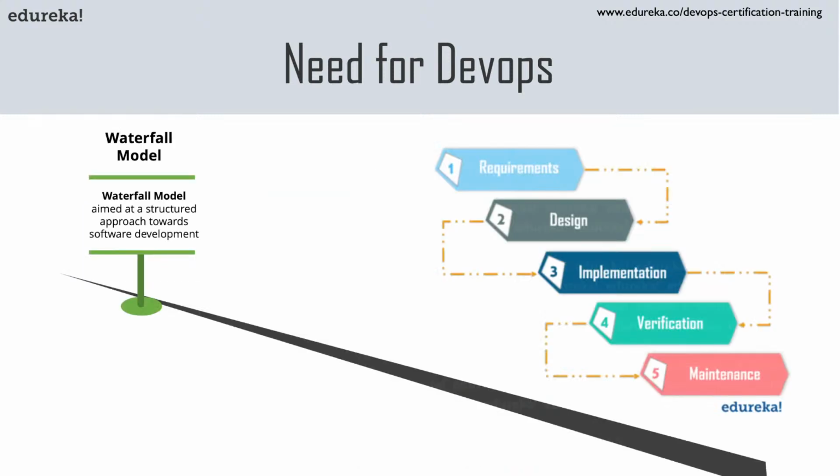Moving forward, now, how did DevOps come into the picture? Why are we talking about DevOps today? So the answer to that is hidden in how the software development lifecycle has actually developed over the years. So in the starting, when there was no process followed for developing a software, this was the first model which was introduced, which is the waterfall model.